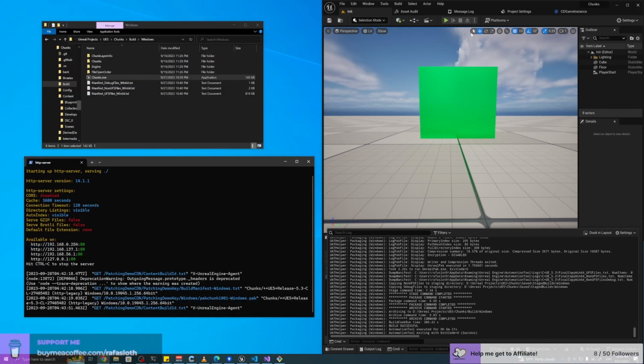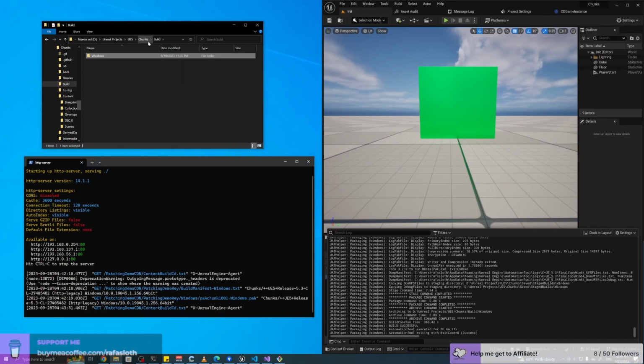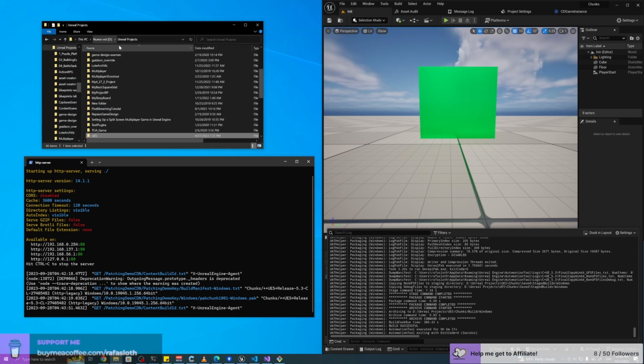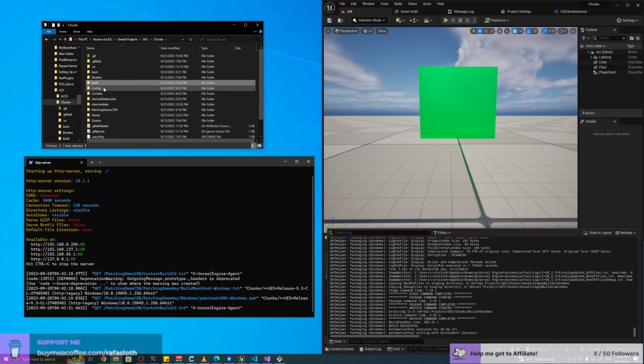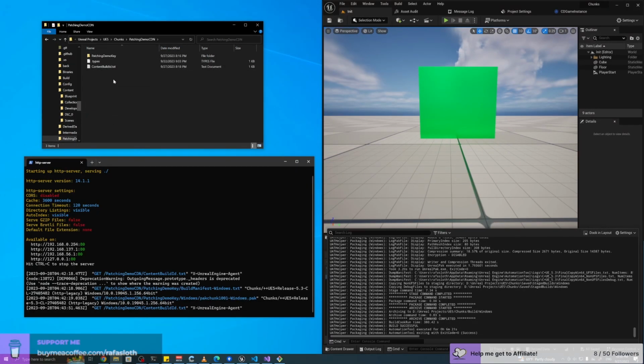Now I wanna just do a quick test and see if the manifest actually gets updated. So I wanna see what happens. Patching demo CDN.